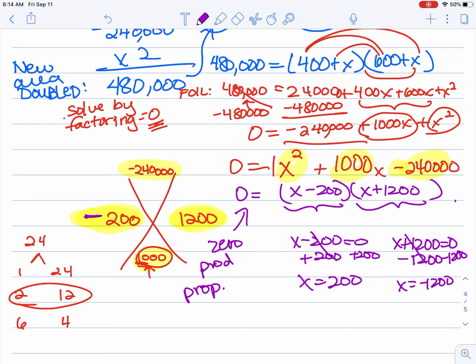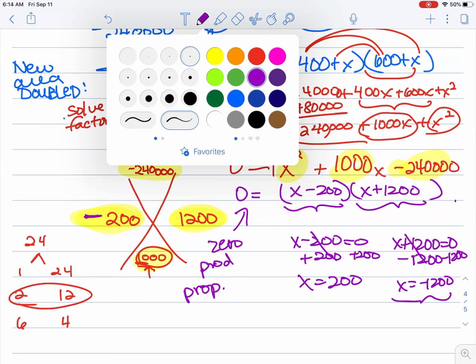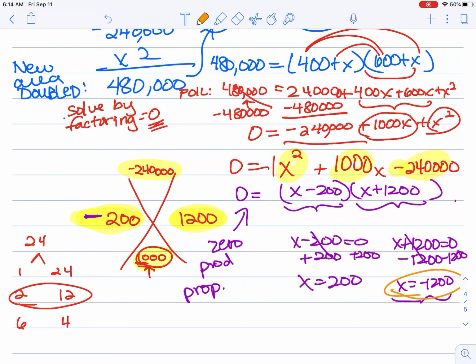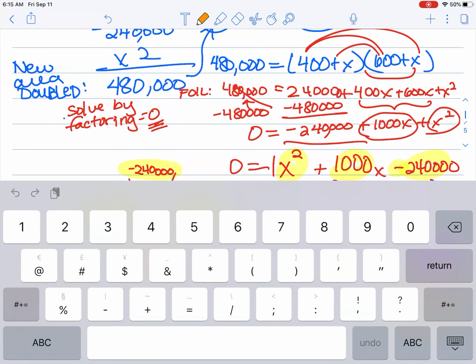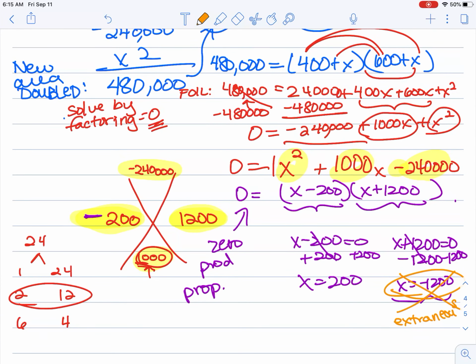Now, normally I'd say, okay, that's fine. But we're talking about a field here. Can a dimension be a negative number? No, it can't. So we know this isn't going to work. That's called an extraneous solution. So if that doesn't work for us because we're using actual distances, and distance can't be negative, this is